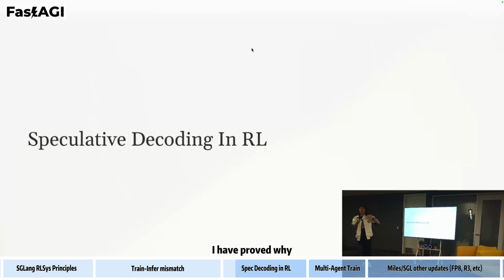So I have argued why speculative decoding should be valuable, then how do we actually make it happen? The idea is to use the latest version of SGLang and directly launch it. Since we do not do invasive modification to SGLang in miles, ideally all the latest versions of SGLang can be utilized in miles directly, and that's what happens. So we directly enabled SGLang speculative decoding in the RL process. And the good news is that our inference time just goes up. Oh, sorry, our inference efficiency just goes up, right? Our sampling time goes down. So is that the end?